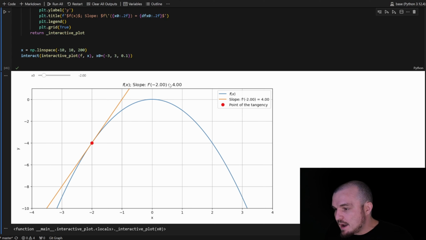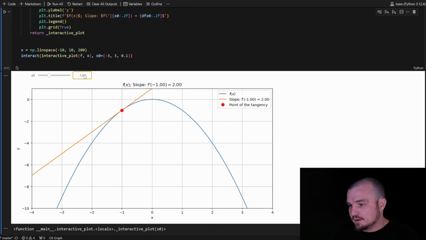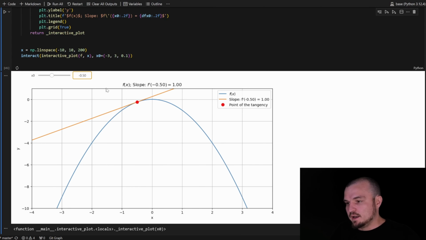We have a positive direction, and let's say that we make one step in the positive direction. Let's say to the -1, and we still have this positive value for the derivative, and it equals 2. Let's make one more step in the positive direction. Let's say 0.5. And you can see that we are closer and closer to this maxima point.